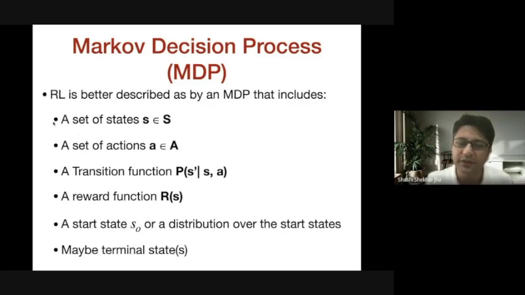So the MDP has a set of states, which is with respect to the environment. Then there are a set of actions, which is with the agent. In each state, the agent has to choose one of the actions from this set of actions. Then there exists a transition function. Big assumption here: a transition function which tells us that if the agent is in state S and decided on some action A to execute, what is the probability of going to some next state S dash?